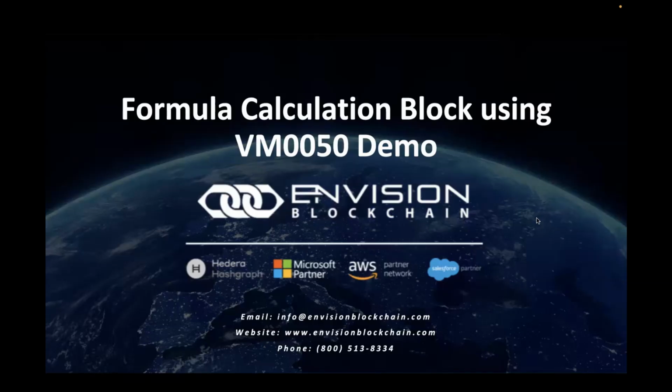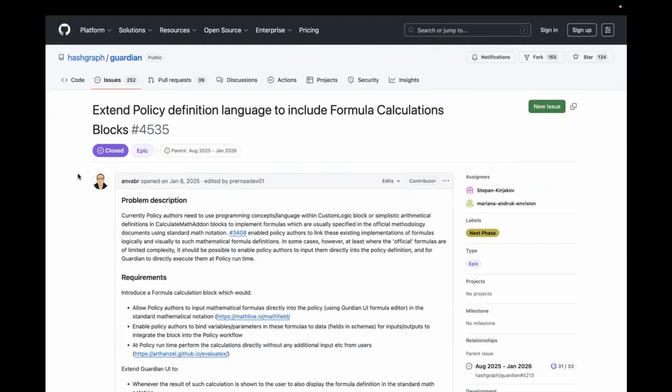Today, I'll be giving you a short demo on how you can use a formula calculation block in VM50 methodology. So the ticket we'll be looking at today is 4535, extend policy definition language to include formula calculation block. Currently, policy authors need to use programming concept language within the custom logic block or simplistic arithmetic definition